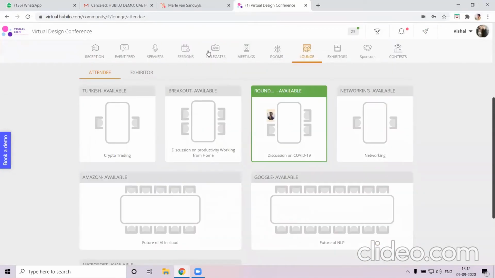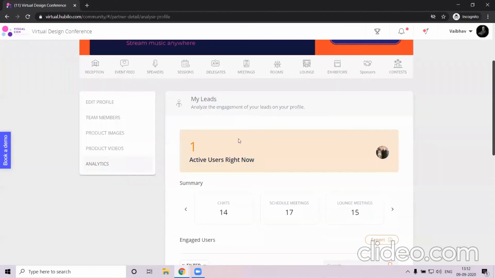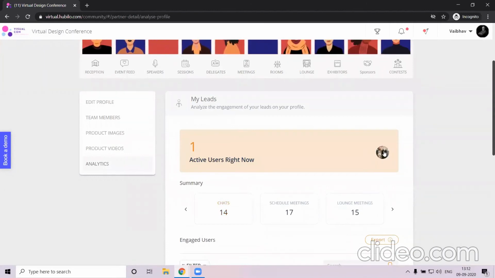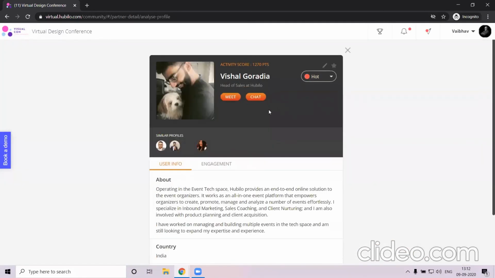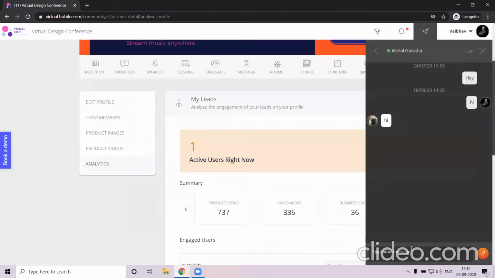So what I'll do is I'll just go onto my actual account and join the Intel page. As soon as I do that, this particular community would tell the exhibitor that there is someone that's currently live on your company's profile right now, which would allow the representatives over here to just start up a conversation with me, saying that I see that you're on our page, let's have a conversation, something along those lines, right from over here.